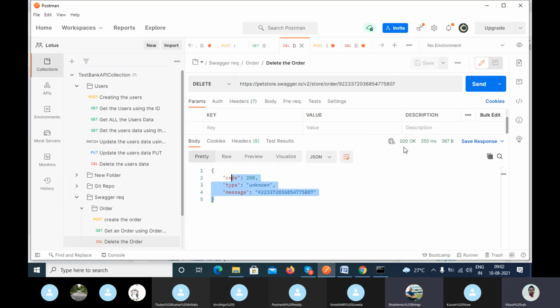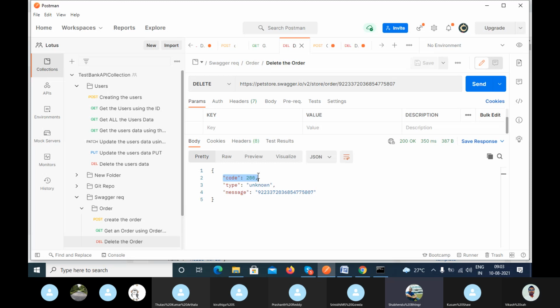200 okay. Because a JSON object code is also present in the body, as a key value pair, so it only comes in this case when no content comes. I didn't get you, sir. Like in this case, you can see the JSON object code. In the delete case, yes. So the code is also present as a key value pair, you are asking about that code here?